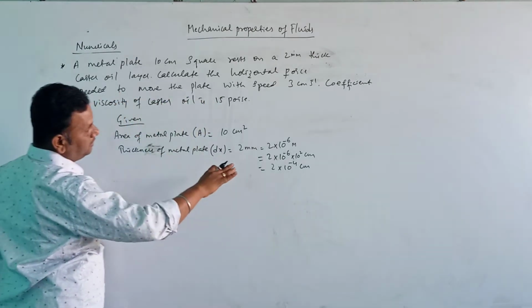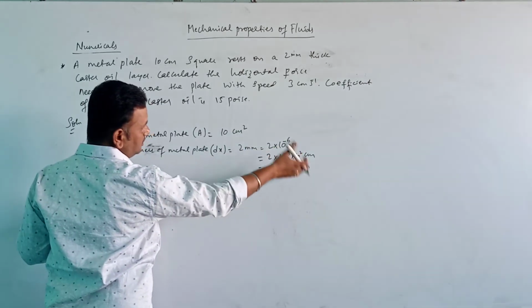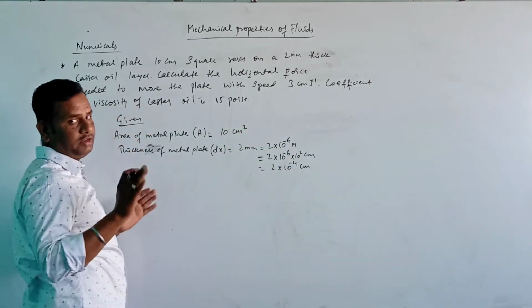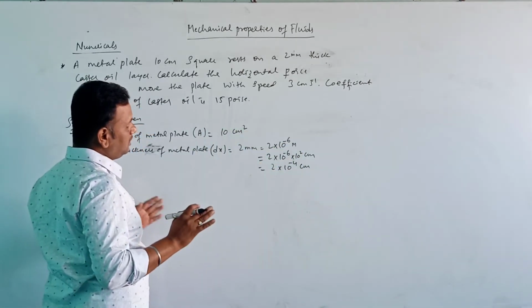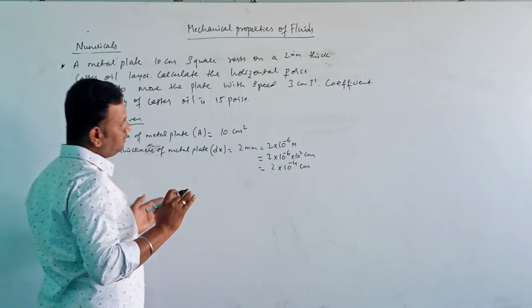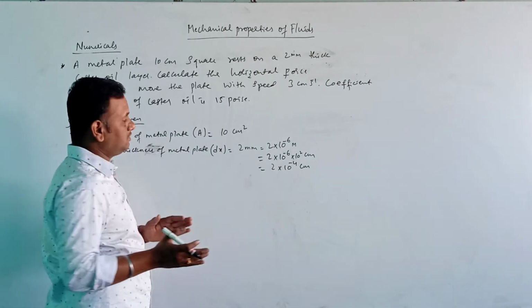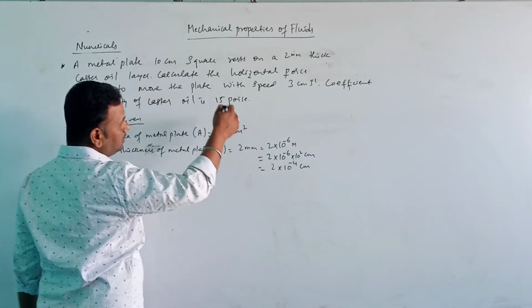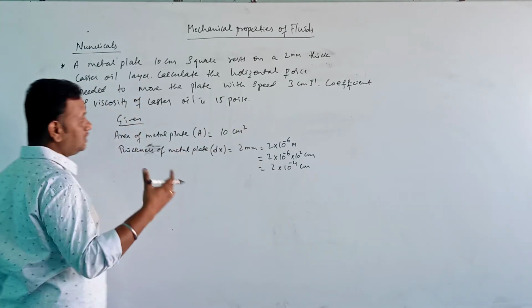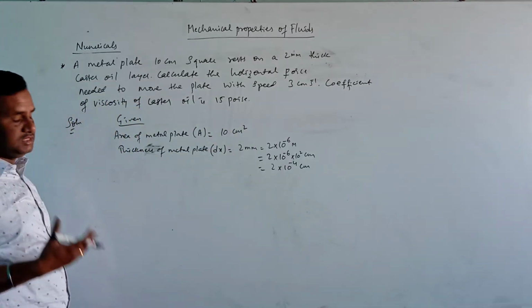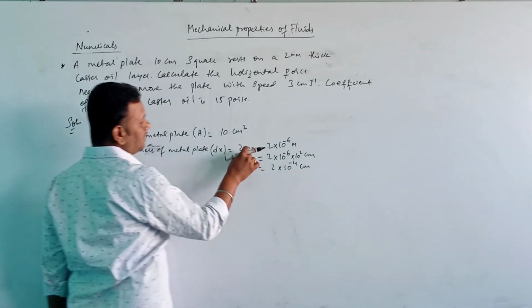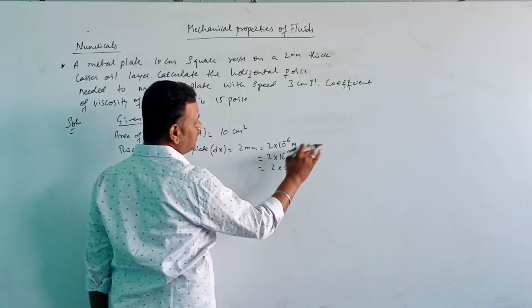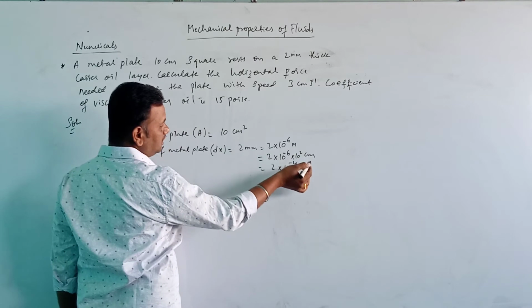So we have converted meter to centimeter. So we will keep in only one system. We will convert it into CGS system, as in the given data, he has given the question in terms of CGS system. So we are converting into CGS system, that is, in centimeter, we are converting meter to centimeter.